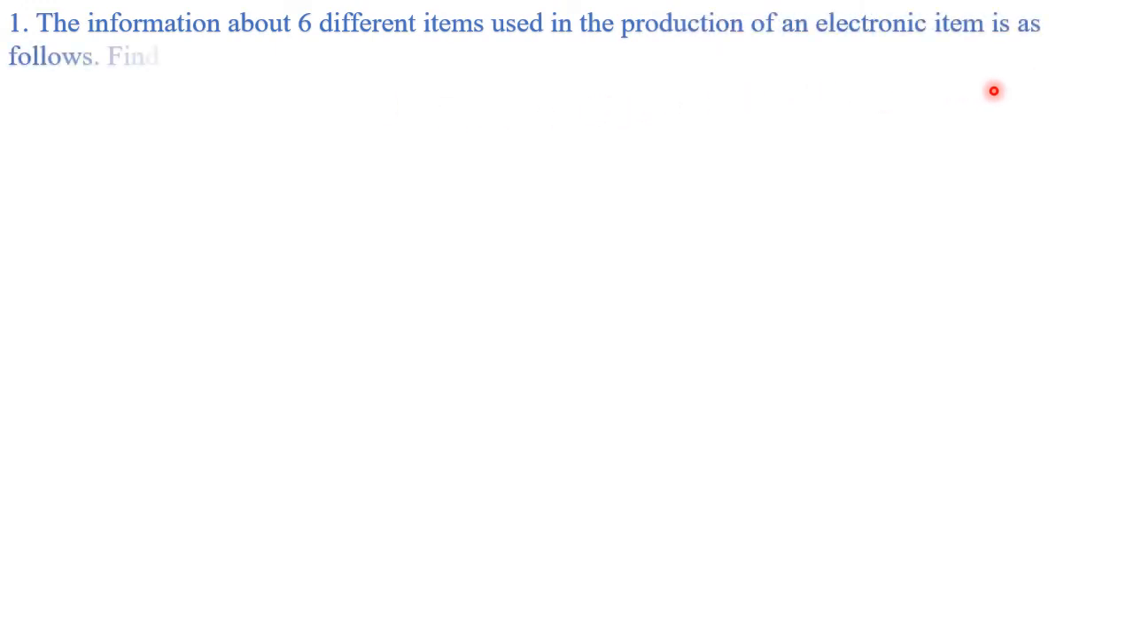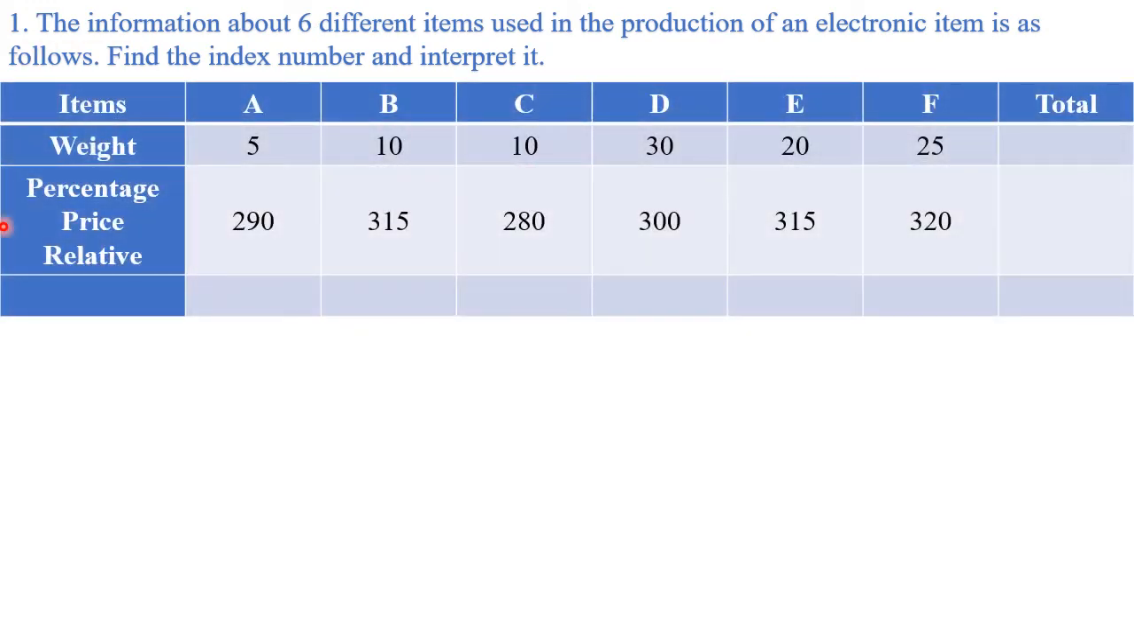Question number 1. The information about 6 different items used in the production of an electronic item is as follows. We have to find the index number and interpret. So we have to calculate the index number and then interpret it. The data given is like this. We have the items A, B, C, D, E, F. We have the weights already given: 5, 10, 10, 30, 20, 25, and the percentage price relatives are what we